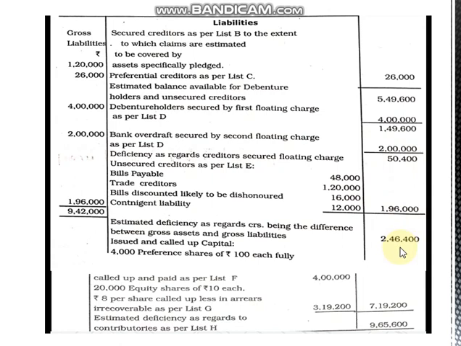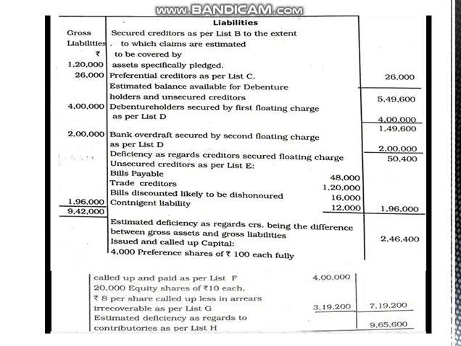In the previous case we don't add because it is separately given as assets and liabilities. Here we are deducting each item as the items came. So here we want to add 1,96,000 plus 50,400 rupees. So you will get 2,46,400. And coming to the equity shares, 20,000 equity shares of rupees 10 each will be 4 lakh